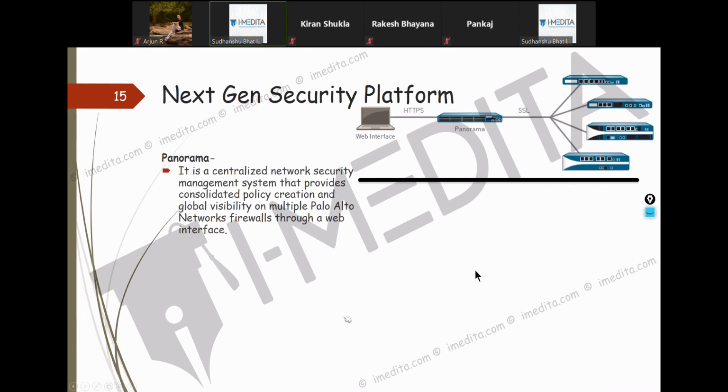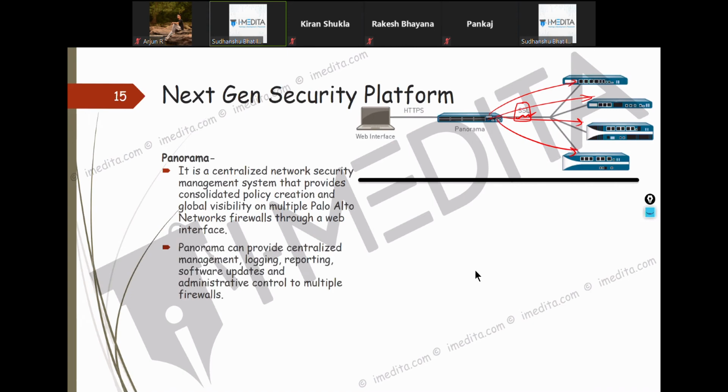Also, sometimes people have this confusion. They think, does this need to be attached to Panorama? No, it need not be physically attached to Panorama. Okay, it's just that the communication will be encrypted. This is just to show you that encrypted communication is going to happen between the firewall and Panorama. And another good thing about this is, you can monitor all the logs and all the reports.